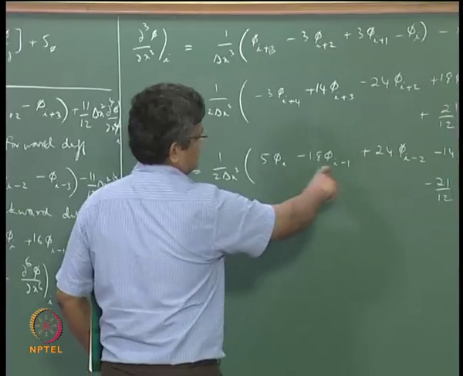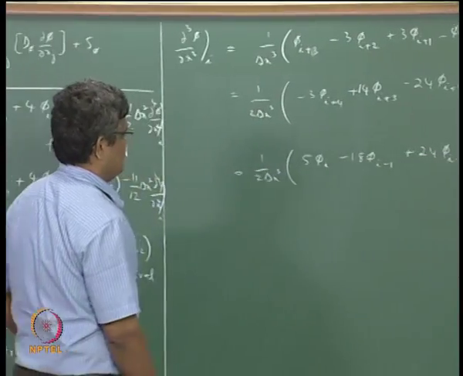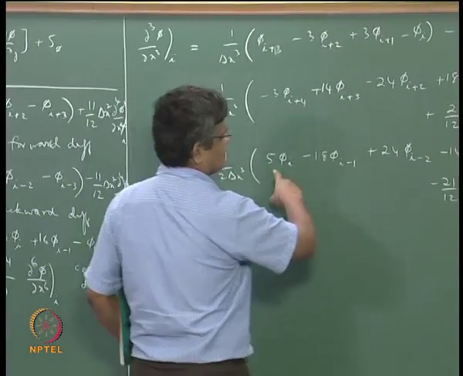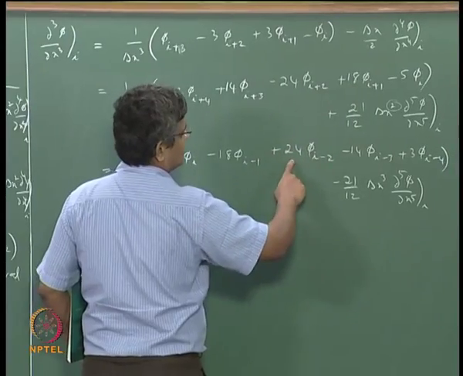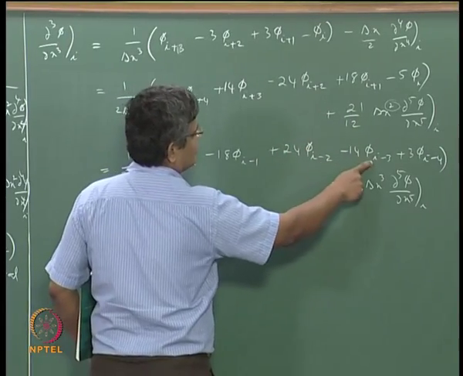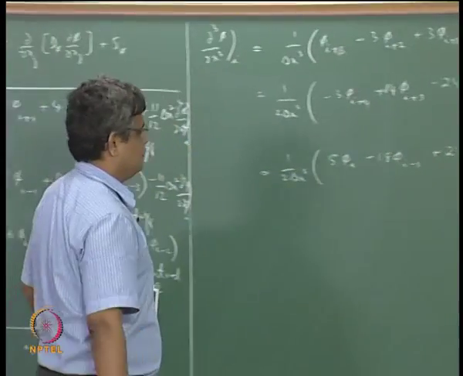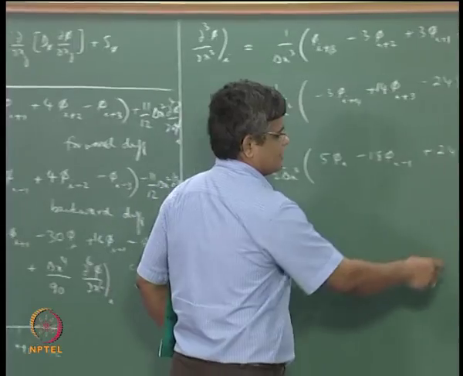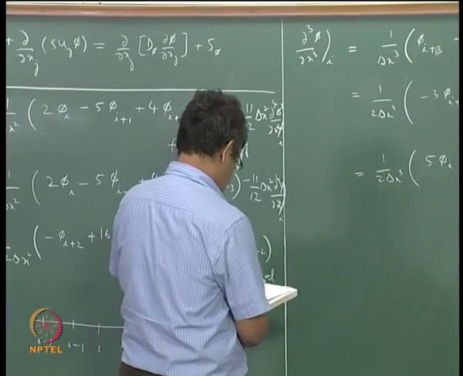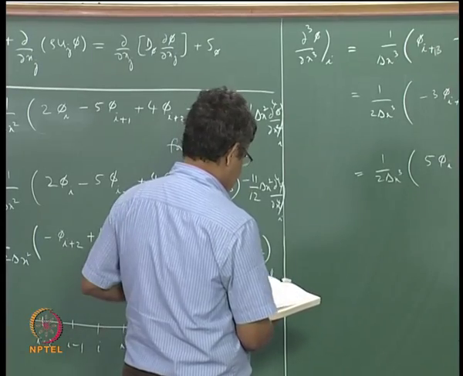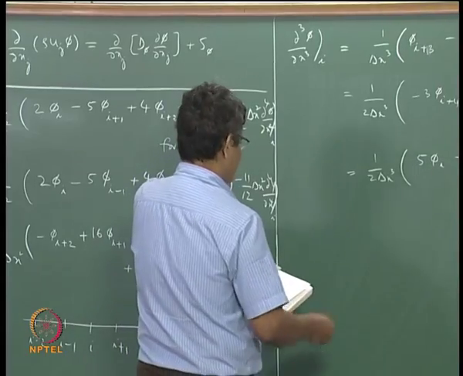In this case each coefficient is multiplied by minus 1. So this is 5 phi I, minus 18 I minus 1, 24 I minus 2, minus 14 I minus 3 and 3 I minus 4, with resulting accuracy like this. And we can similarly write down a central differencing